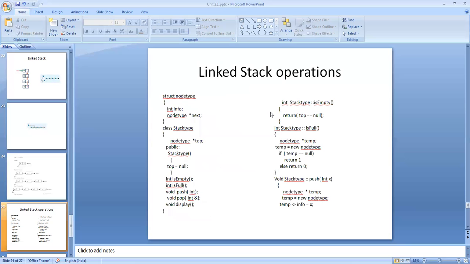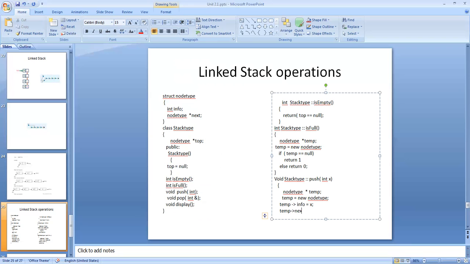Now temp reference info, data value is accepted. Temp reference next equal to top.